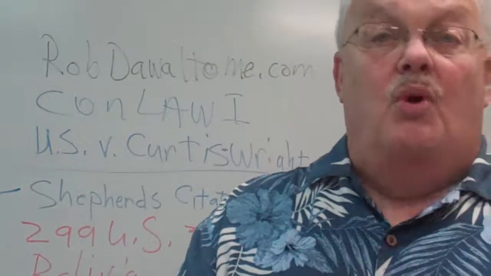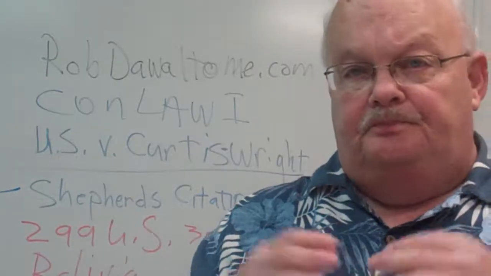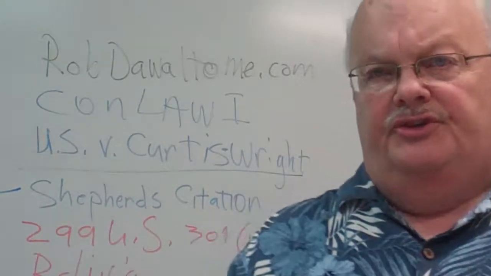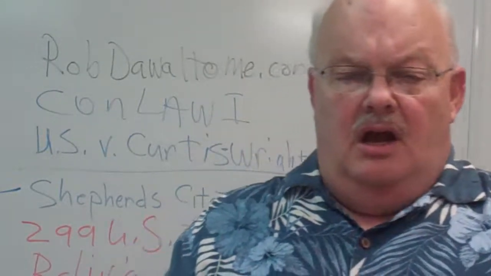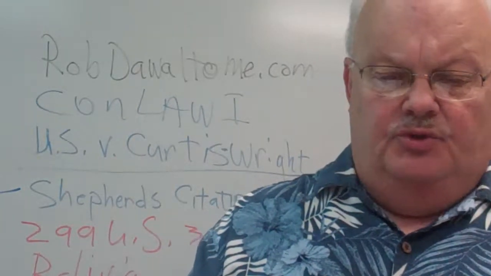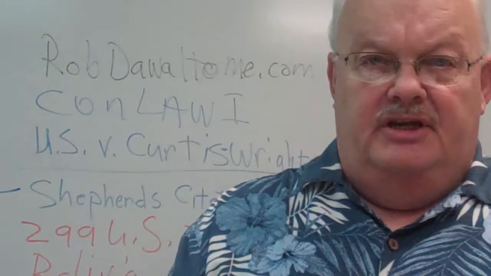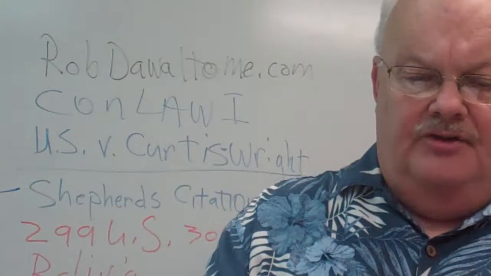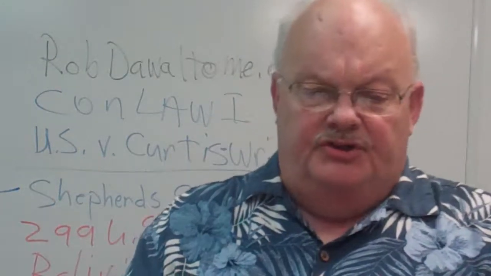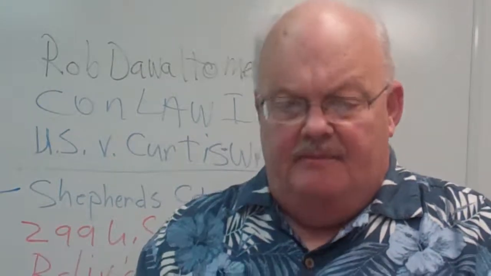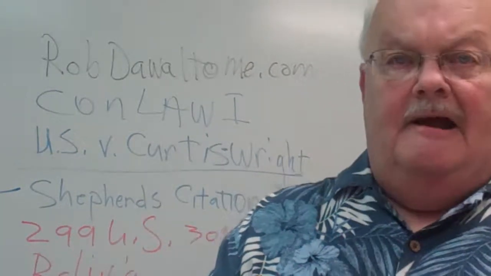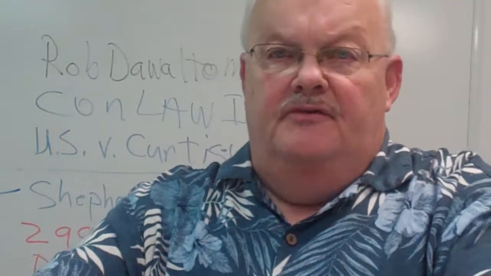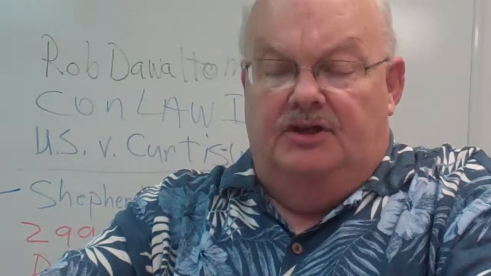The court, which by the way at that time consisted of one member from Marion, Indiana, Van Devanter was his name. He was involved in this court. The head or Chief Justice was Hughes, H-U-G-H-E-S, Charles Evans Hughes. And so basically this is a very famous court, and they voted 7-1 in favor of the president. And largely the point here is the president didn't want this Curtis Wright company to sell machine guns to Bolivia, and so they were actually charged